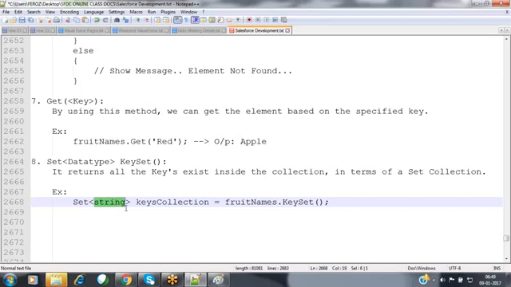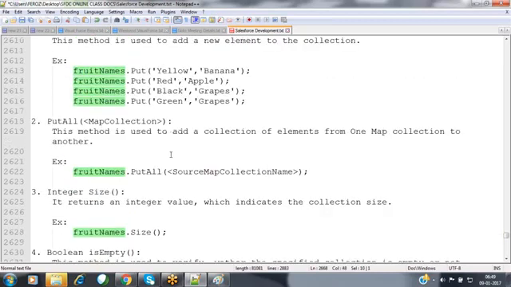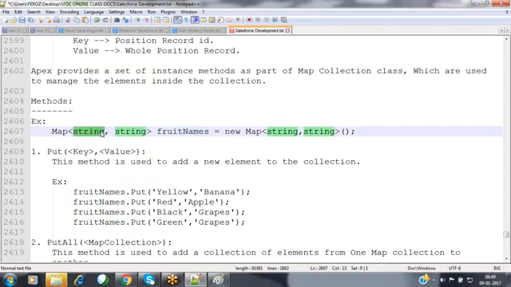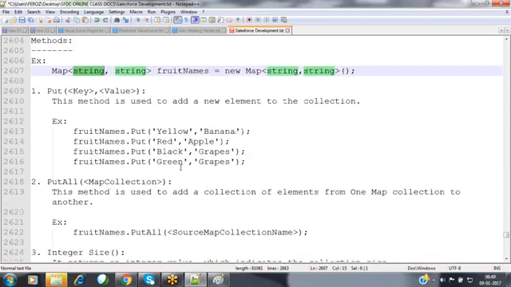Why did I specify string? Upon defining this fruit collection map, I specified the key data type as string. The same data type we have to specify inside that set collection also.